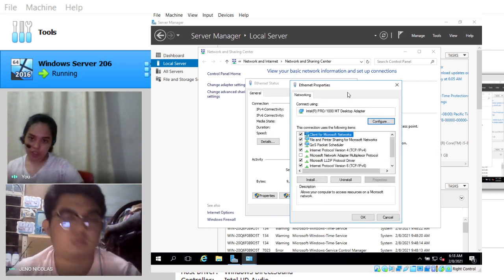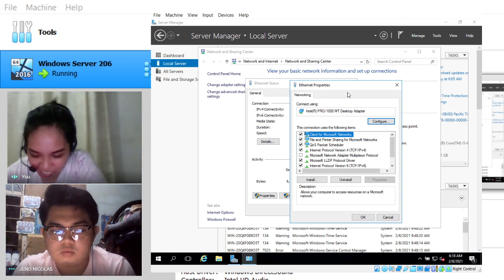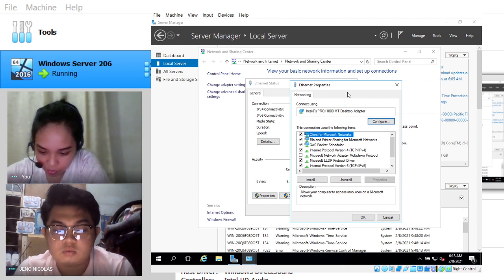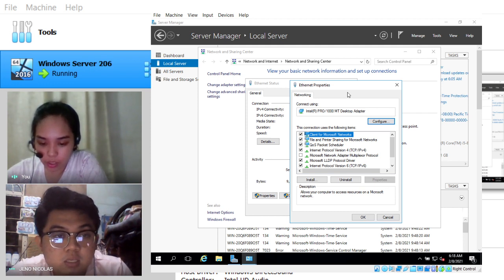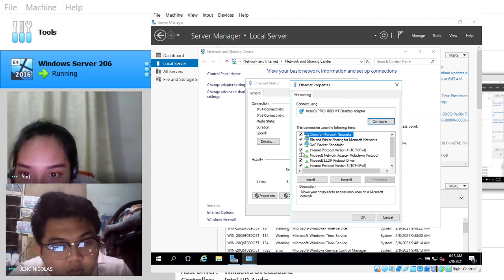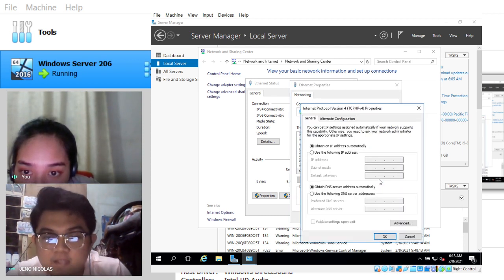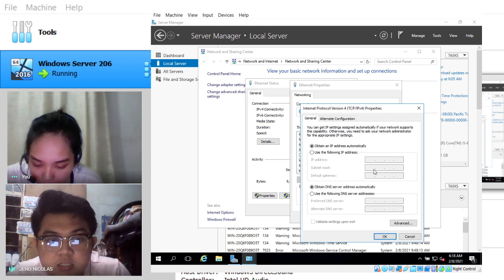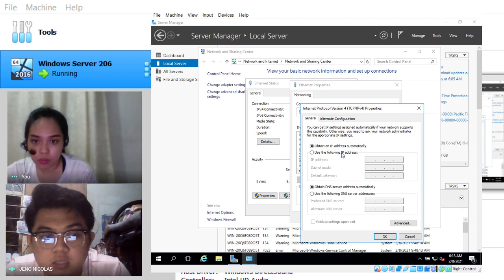Here it is. Next, number 4, click on the Properties button, then in the Properties panel, select Internet Protocol version 4, and then click on the Properties button. Dami pa lang properties, boss. And then, as you can see, the server has been attributed an automatic IP address by default via the